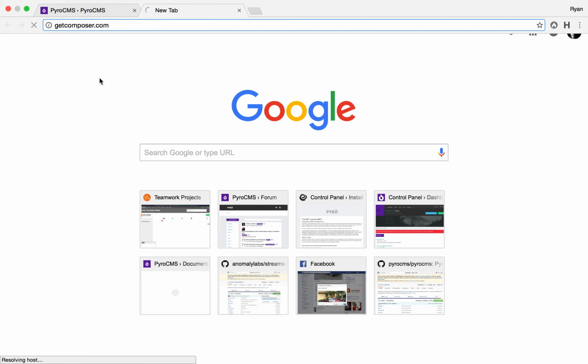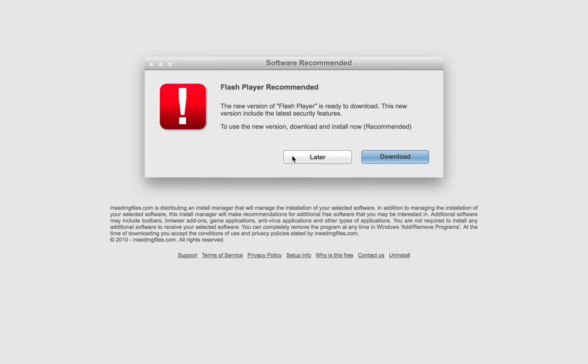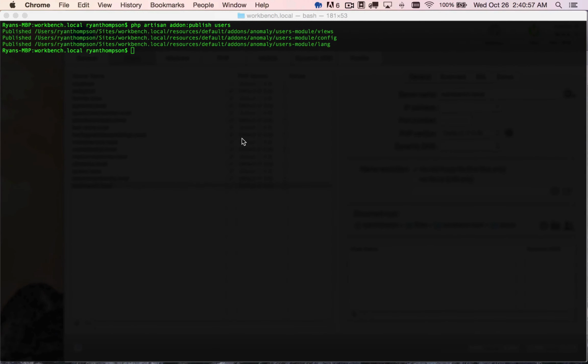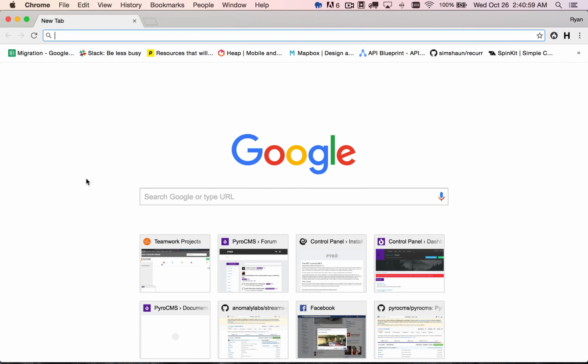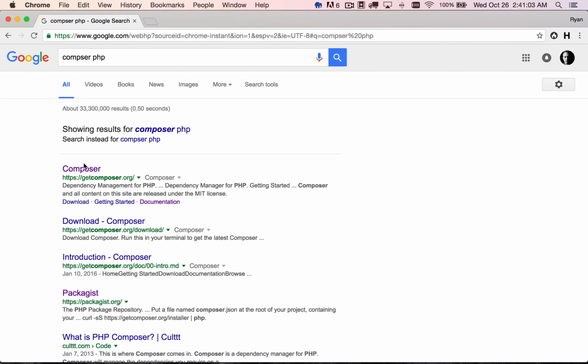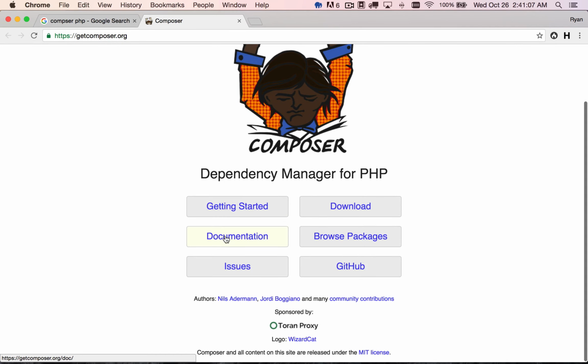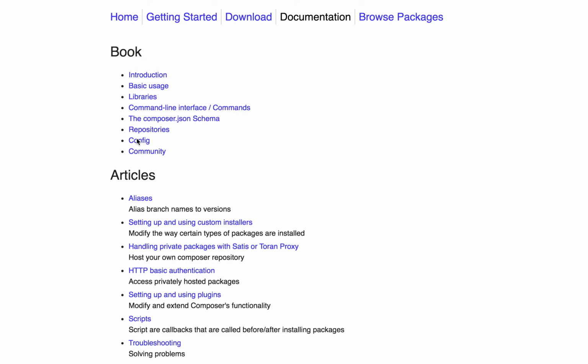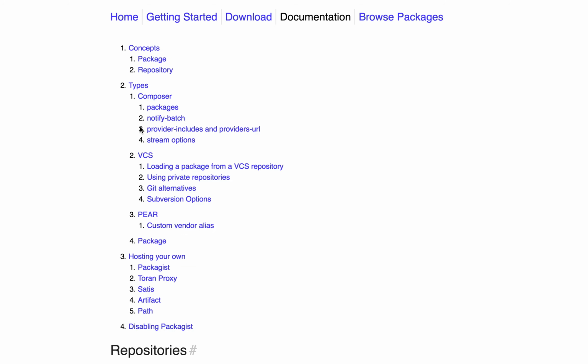getcomposer.org. If you take a look at their documentation, and let's see, repositories,